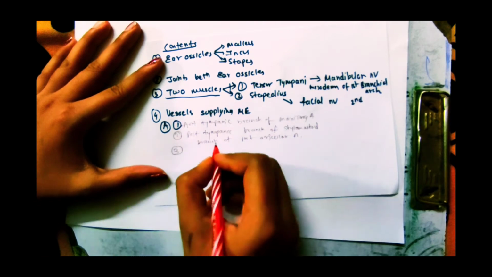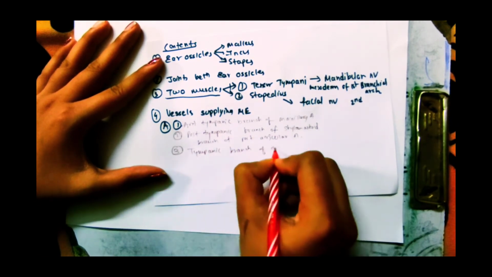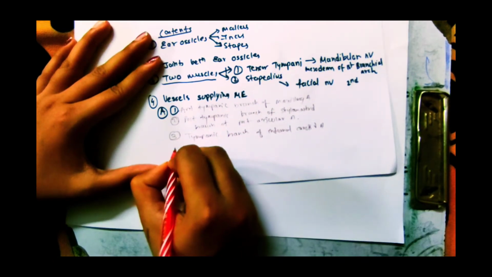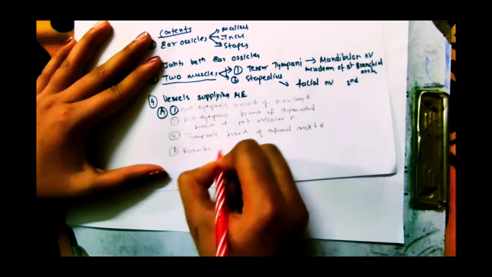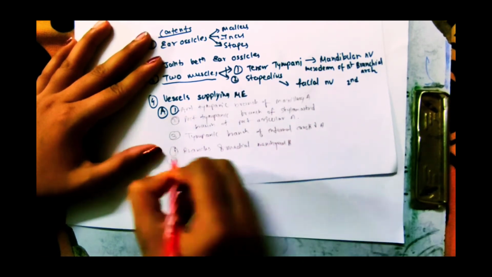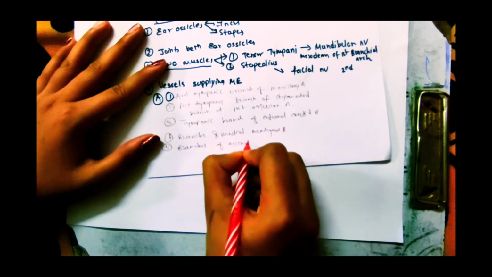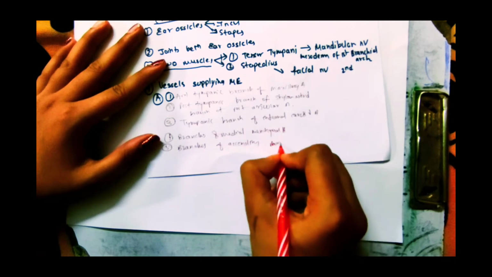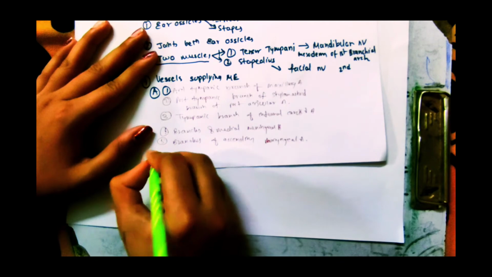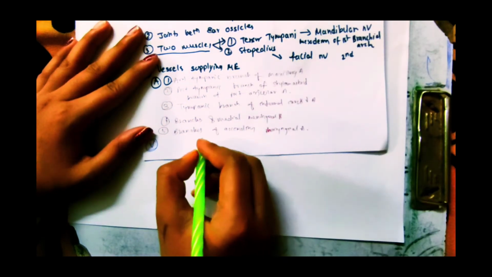Third, the tympanic branch of the internal carotid artery. Fourth, branches of the middle meningeal artery. And fifth, a branch of the ascending pharyngeal artery. Then the venous supply. Venous supply is from the superior petrosal